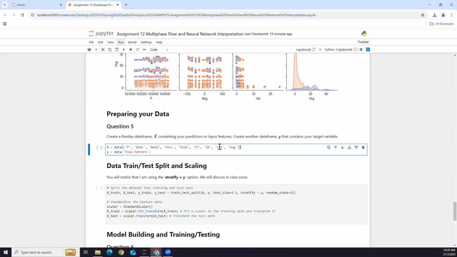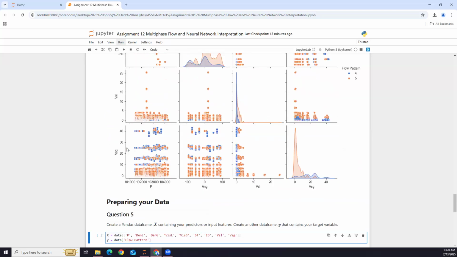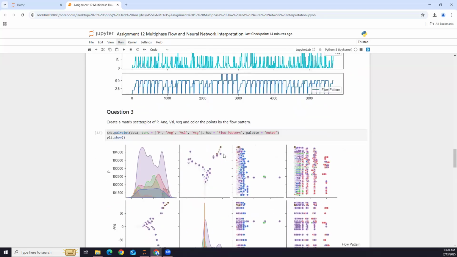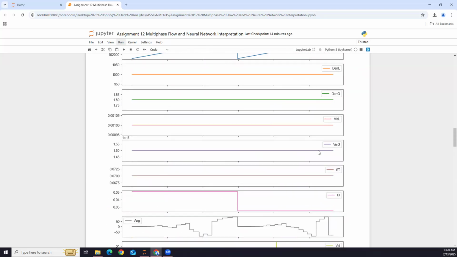All right, so I have 1, 2, 3, 4, 5, 6, 7, 8, and 9 inputs. I think there should be 10 inputs. I'm missing the angle. So the angle, and just to be consistent with the ordering over here, I'm going to